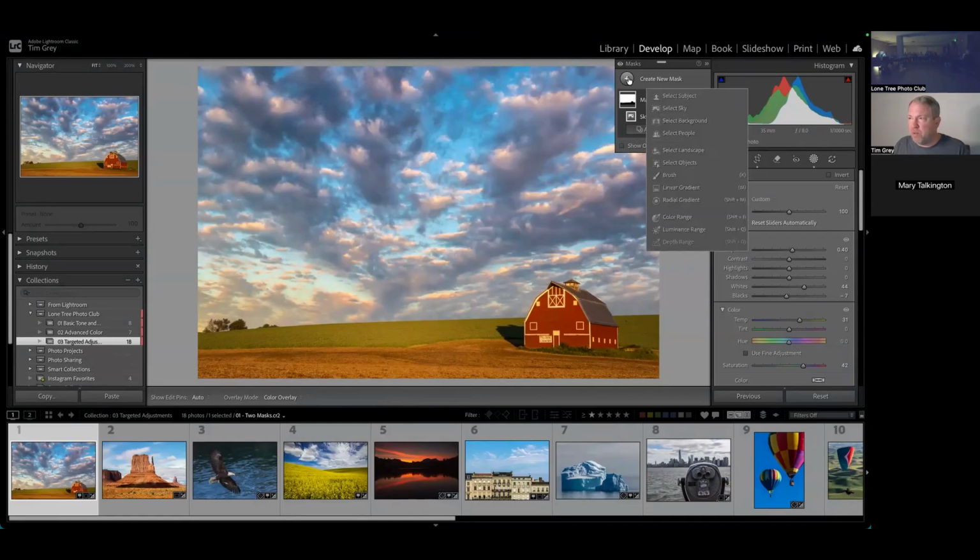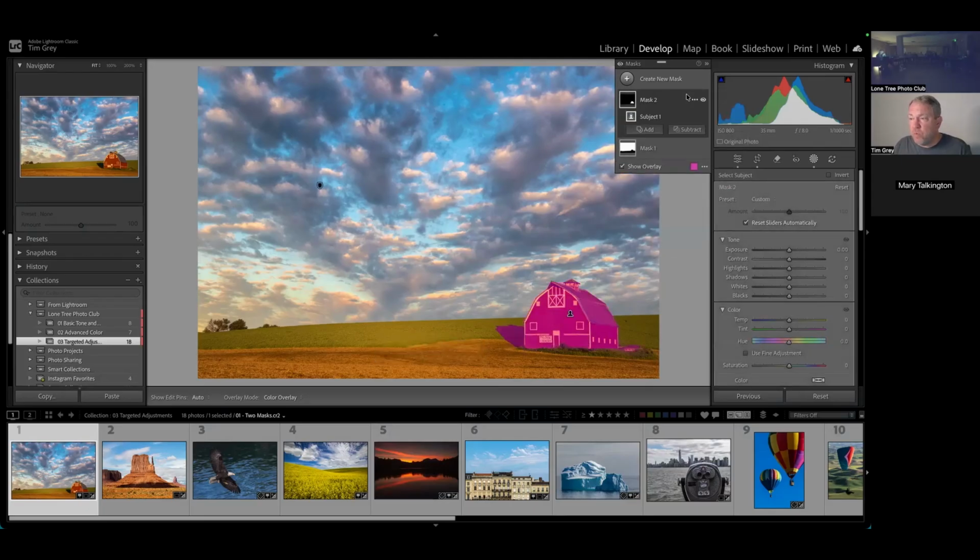So I'm going to click the plus button to create a brand new mask, a completely different adjustment for a different area of the image. And let's see what select subject gives us. Oh, actually, that's pretty good. I was not expecting it to be quite so good. That actually worked out pretty nicely. The barn, plus its shadow, plus there's a little, whatever this concrete structure is over to the right of it. So some little extraneous areas perhaps,